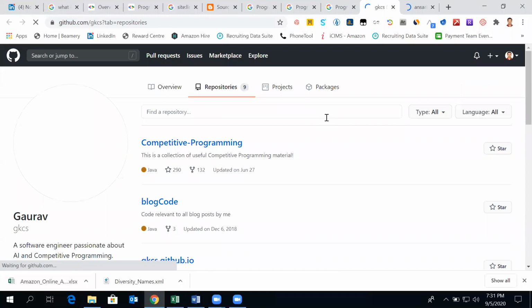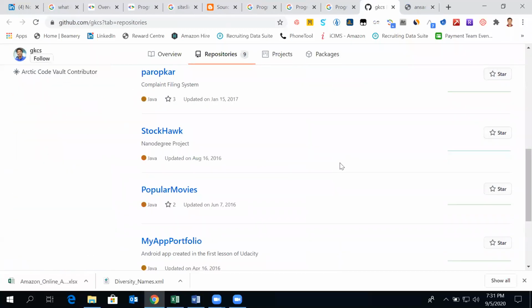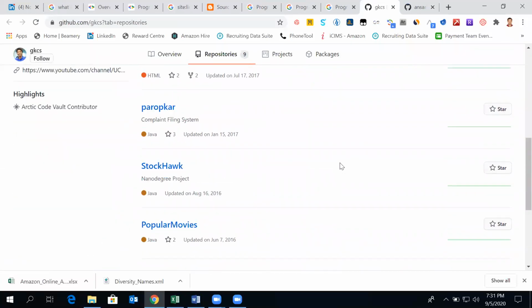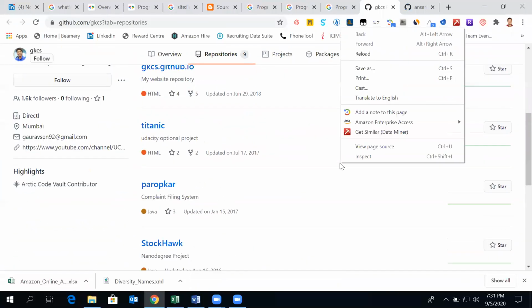So whichever the site, we just need to understand their URL pattern and we'll be able to create custom search engines for those sites.